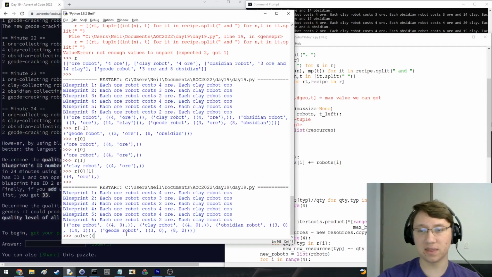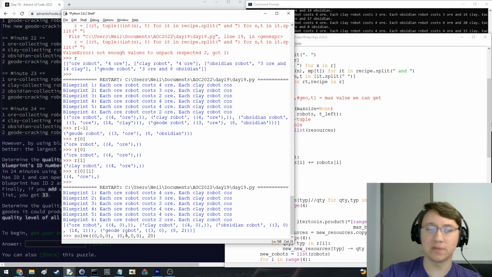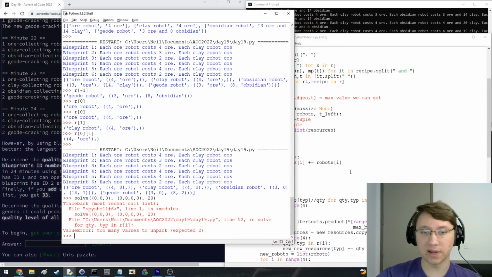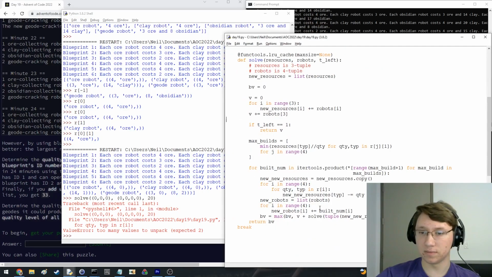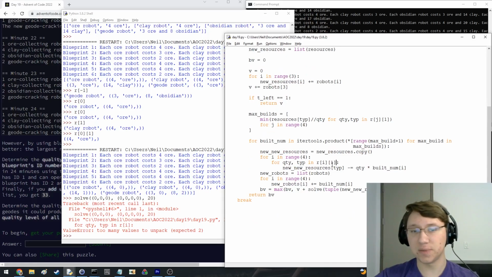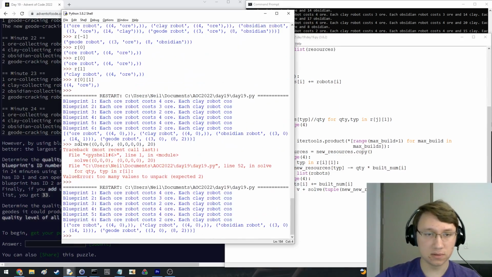So we start off with, just for kicks, if we do 0 resources of every kind, and 0 robots of every kind, and 20 time left, we should get 0 as our answer. That's not good. What did I do? For quantity type in RI. Whoops. Where did I do RI? RI of 1 is the recipe set. So